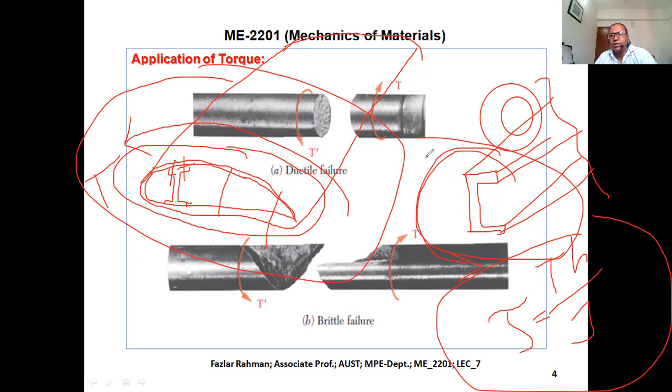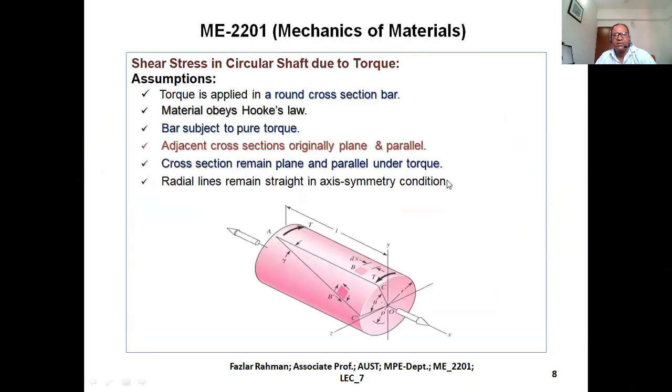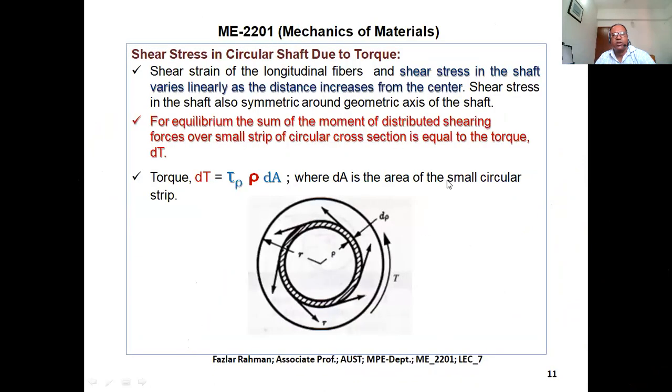One is called open channel, right-hand side, because the cross section is open, is not closed, right? But this one, the cross section is closed. There is no opening. So we have two formulas to figure out the torsional shear stress in those kinds of structures. So just to give you some idea, right now you are applying the torque formula, the shear stress formula, only